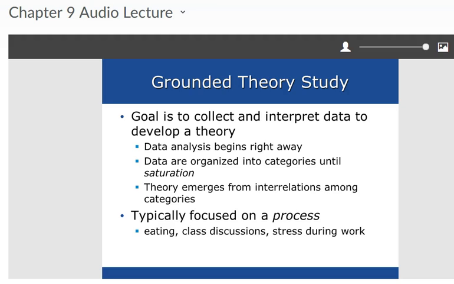Data are organized into categories until, the term that's used in qualitative studies, until the data is saturated. So saturation is the goal. So to what extent do we feel like we've collected all of the possible information about this topic of interest? So there's really no endpoint that's identified before the study begins. So we just want to see that the data is saturated. So we have fully explored everything that there is to know about this particular phenomenon of interest. And until the researcher feels confident that they've accomplished that, the grounded theory cannot